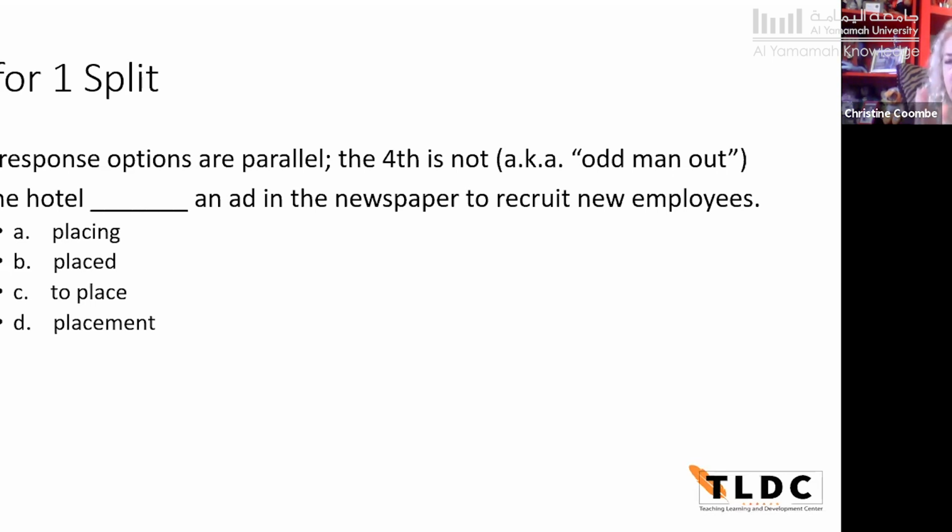Now, this is not such a bad item violation. The truly bad item violation of a 3-for-1 split is where the one that is different is the correct answer. Because what happens is that when students see three things that are similar, they are automatically attracted to the one that is different. So this is not per se a bad item violation.